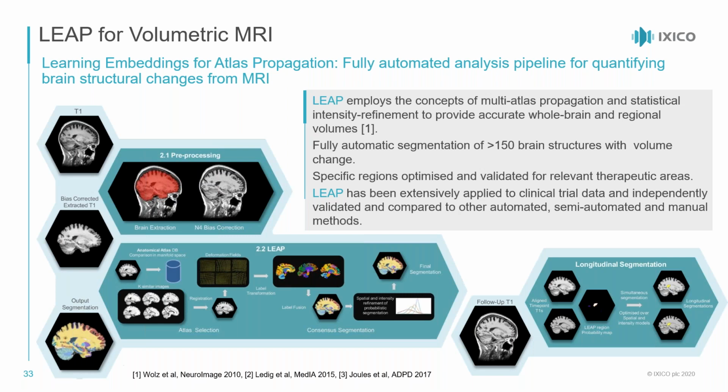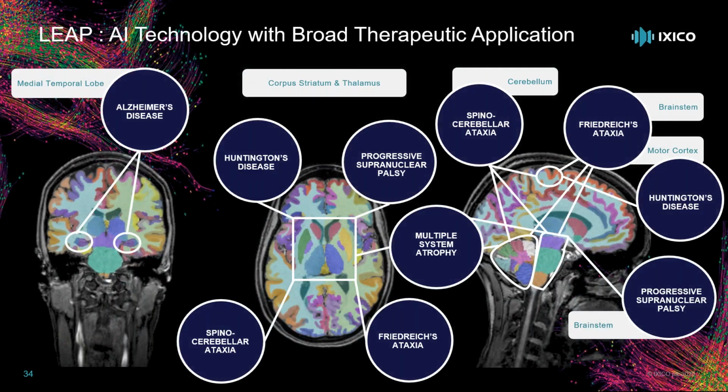Volume changes can be estimated with a subsequent follow-up pipeline, which employs 4D graph cuts. In this approach, regions of interest are simultaneously segmented in a follow-up and baseline image, with segmentations being temporally coupled and initialized by the baseline cross-sectional segmentation. And this provides us a way of measuring volume difference between these simultaneous segmentations, which we can then use as a volumetric endpoint. So this approach has the advantage of being fully automatic, so there's no manual intervention involved,